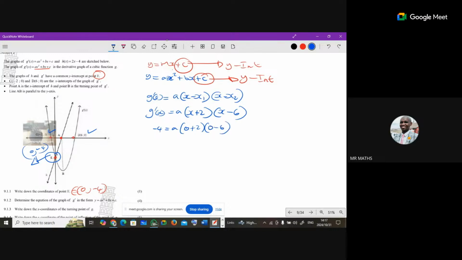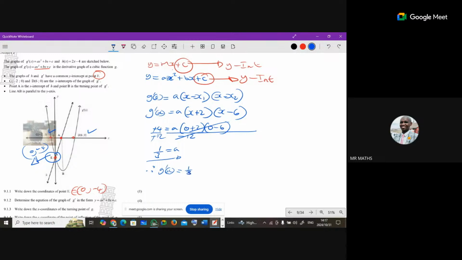Then we go to the calculator. 2 multiplied by -6 is -12. That means you will have to divide by -12 everything. So this, this and this will cancel. Then you have -4/-12, negative and negative cancel. 4 goes into 4 once and goes into 12 3 times. That means a is equal to 1/3. Therefore, your equation g prime of x will have to be equal to